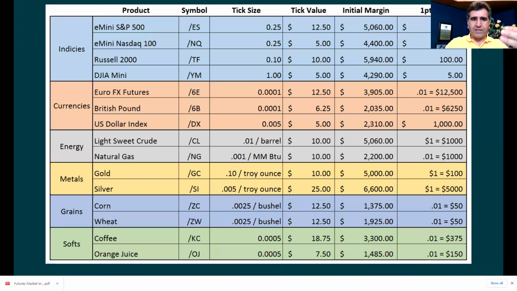I want to give you even more reference so you can see the currencies, energy, metals, grains, how each one is used. For instance, corn is $50 for every penny that it moves. I used to do a lot with corn and wheat. Corn is the most conservative of all the grains, so if you want to start with any type of grain, I would start with corn. Soybean is the most aggressive and moves faster. For every penny corn moves, you will make $50. The smallest move is a quarter, very similar to E-mini S&P numbers.